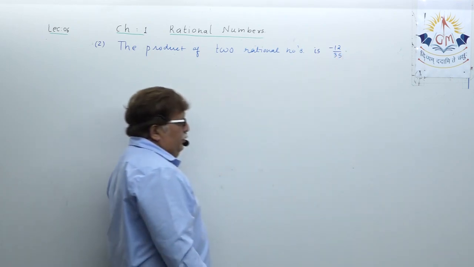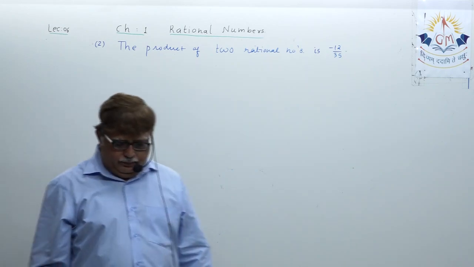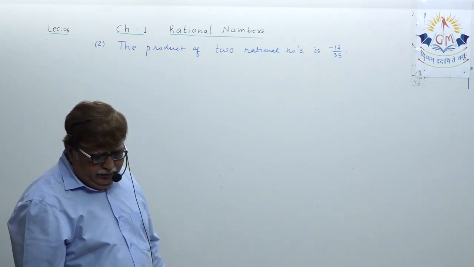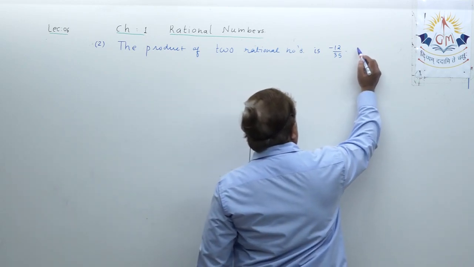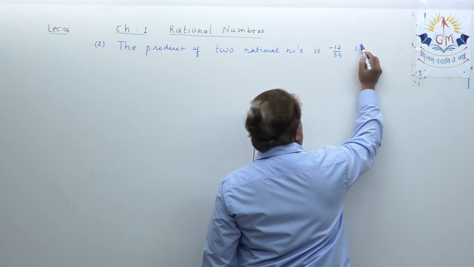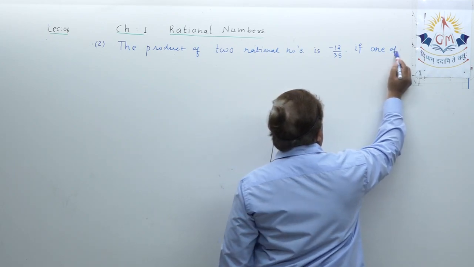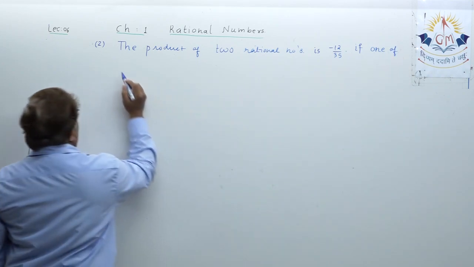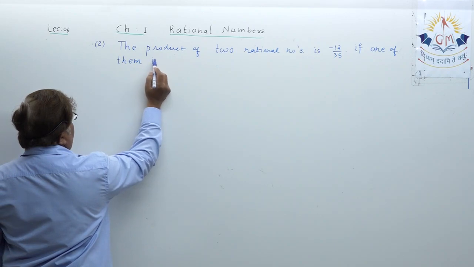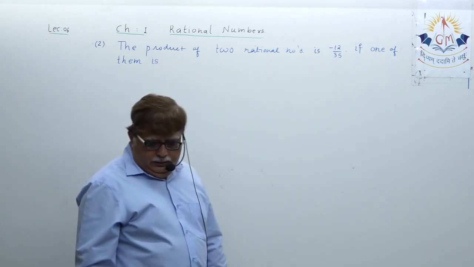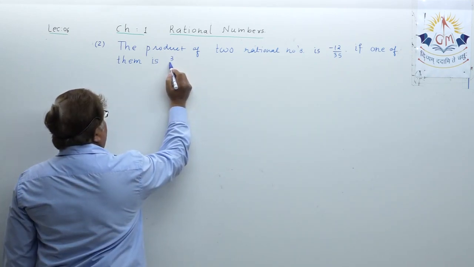Okay, the first statement of the sum: the product of two rational numbers is minus 12 upon 35 if, please note down, if one of them is 3 upon 5,